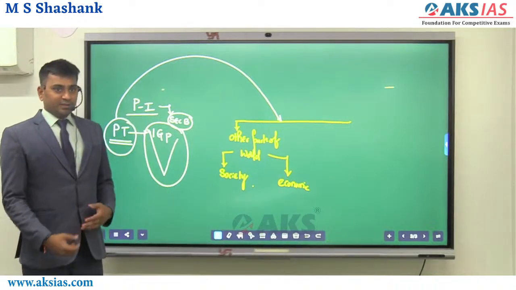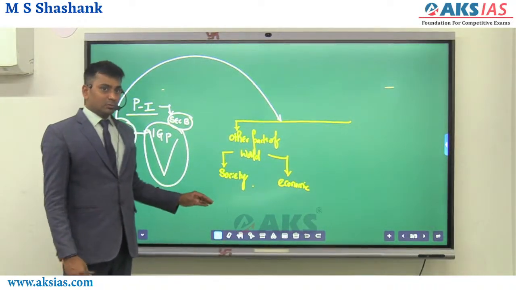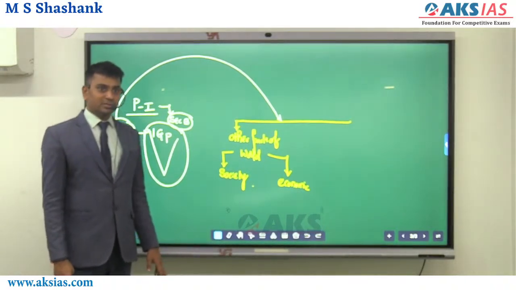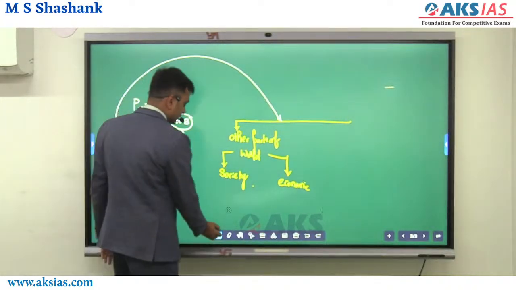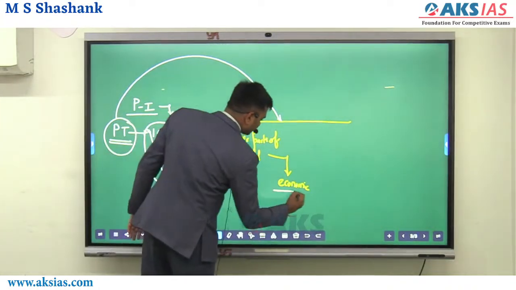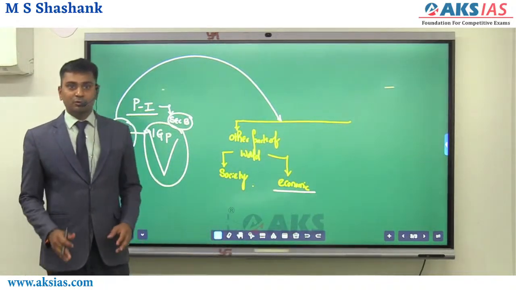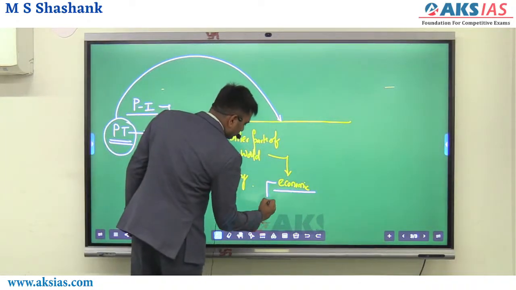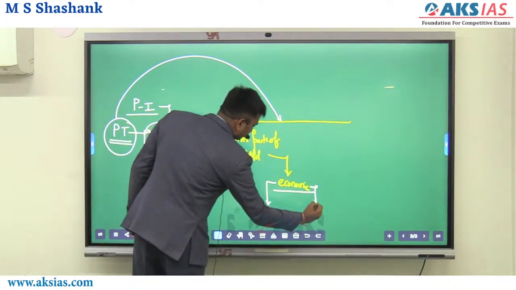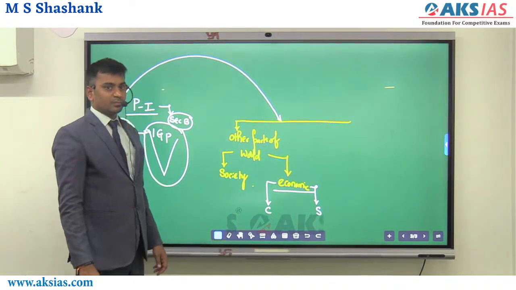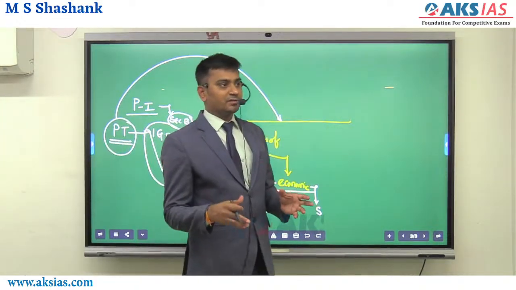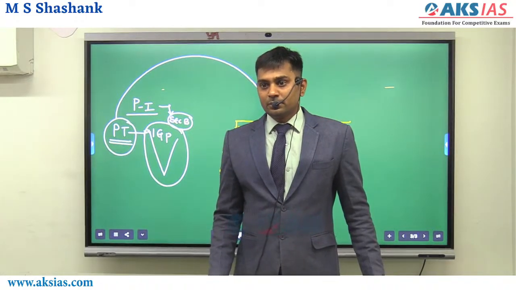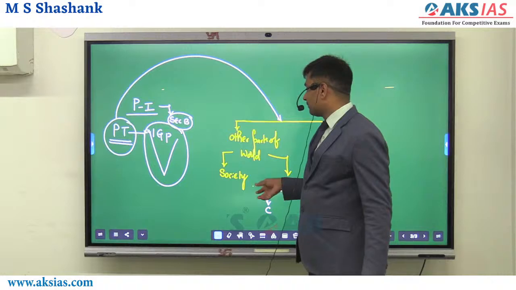So whenever you are dividing the economies or countries, you can classify them based on their social structure or economic structure. What do I mean by economic structure? Take for example, there are 2 types of economies which have dominated. Countries are dominated by 2 types of economics. One is the so-called capitalist. Second one is socialist. You have followed in the majority of the countries the capitalist model or the socialist model. So this is one segment on which they are studying this.